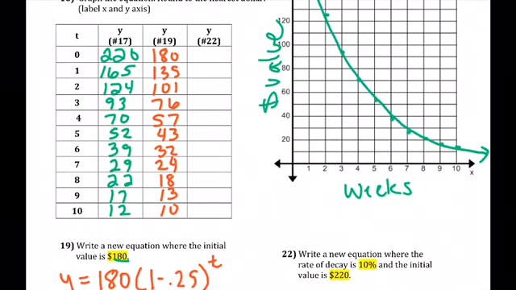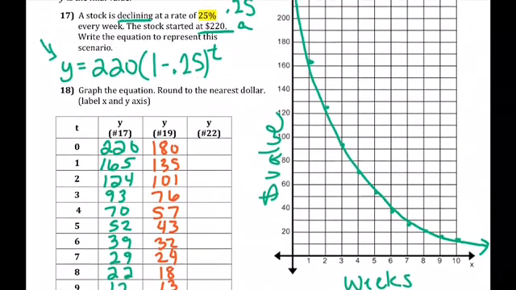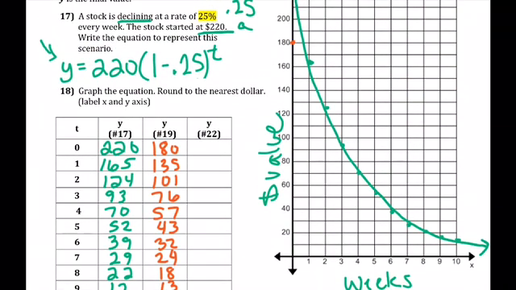So as you put these numbers in your table, you notice that we are starting with less money. So even though you would still be losing money, and you're still losing 25%, 25% of 180 isn't as much as 25% of 220. So as far as the number of dollars you're losing, it's not as many, but it's still the same percent. It's still the same rate. And so just understanding that the rate is still the same, we're just starting lower. We're starting with less money, so we're not losing as many dollars, but we're still losing at the same